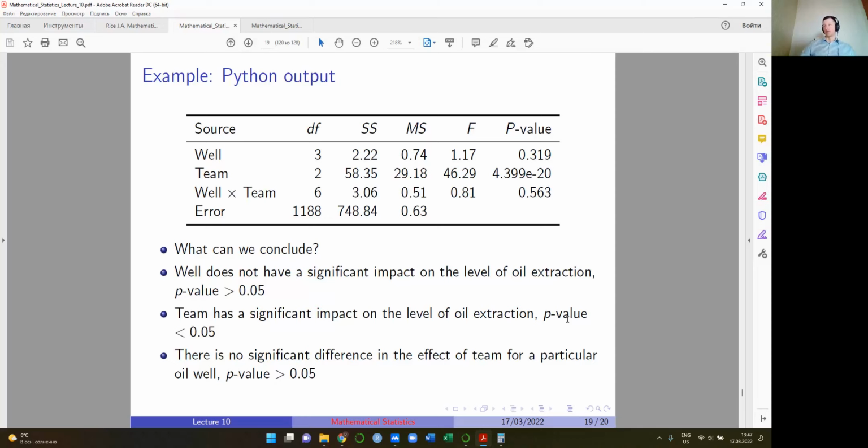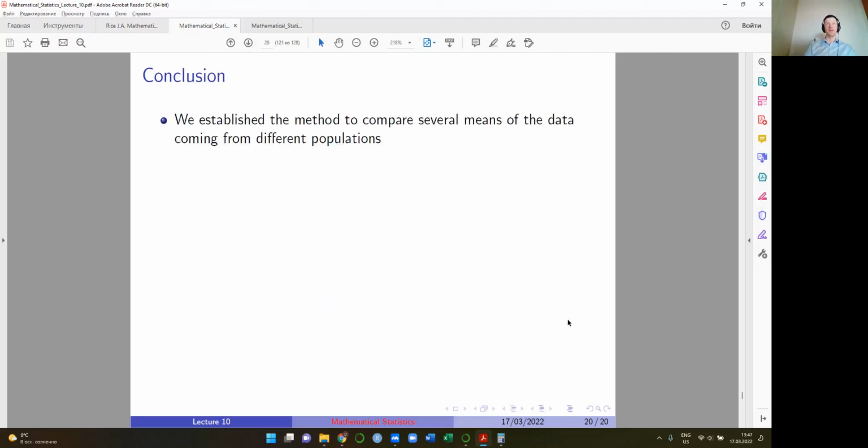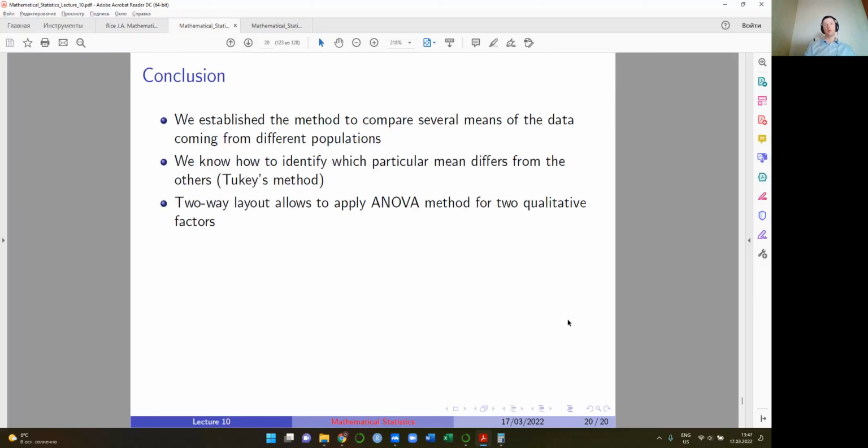On the exercise session, you will also have some examples of the practical applications of this. And now let me go to the plans. So, as I said, we established this method. We studied Tukey's method, how to verify which sample differs from the others. And two-way layout helps us to incorporate two qualitative factors in the ANOVA